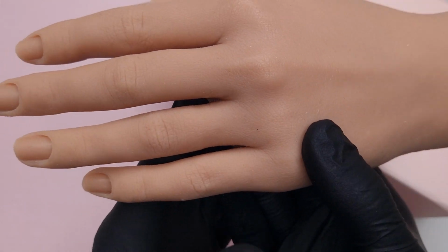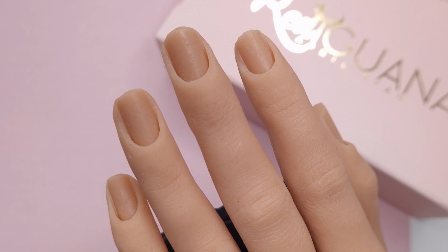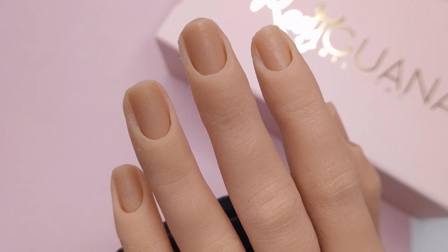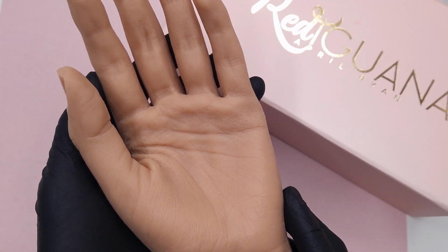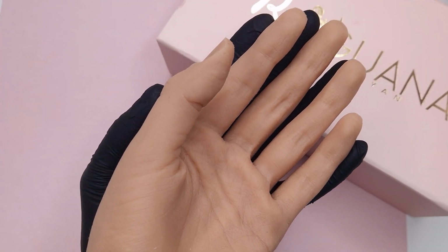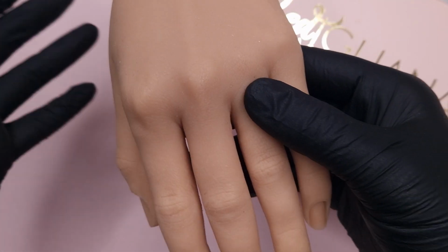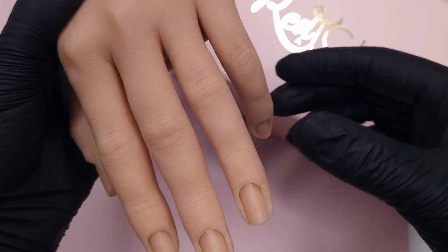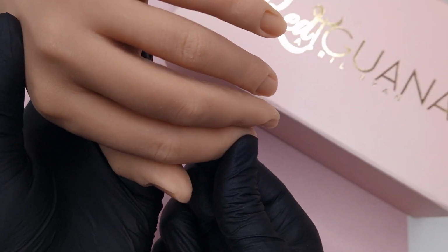So I was super lucky and I picked this up from a fellow nail tech who had only used it 1 or 2 times but was selling it. Now I grabbed a bargain and I have to say I absolutely love it. The quality is amazing and I have wanted a Red Iguana hand for a little while. I just hadn't taken that jump into purchasing one, so I was really lucky, like I said, to pick this one up. It is the 2.0 hand in the shade April, I believe,